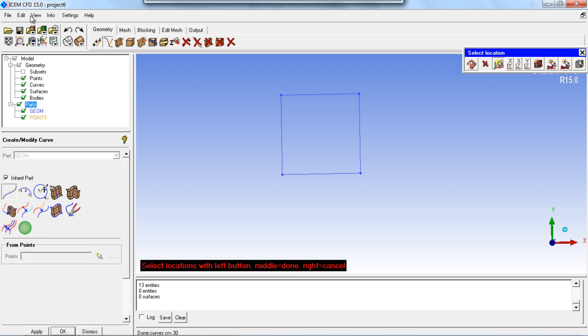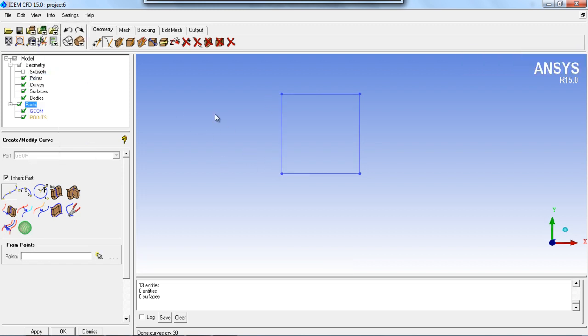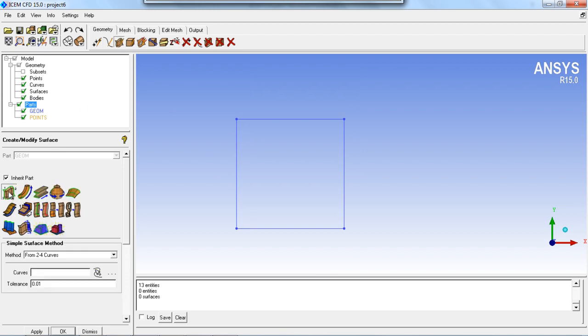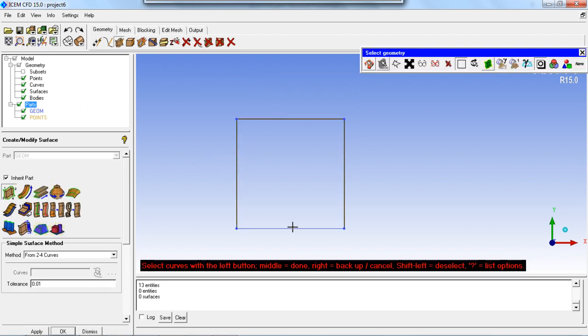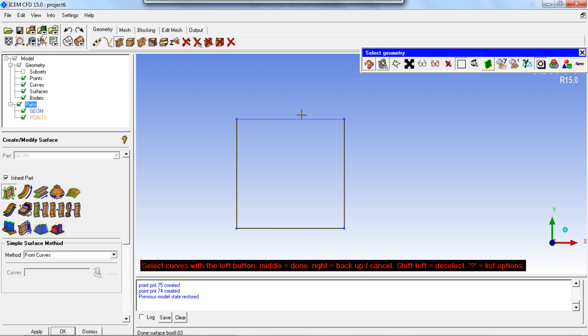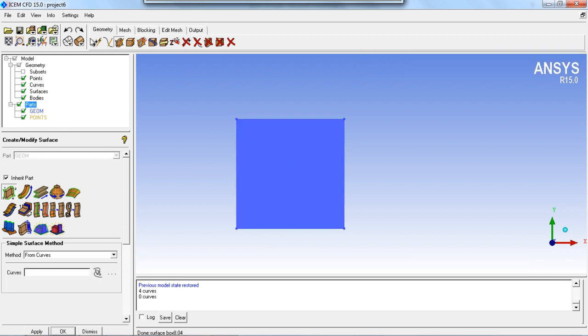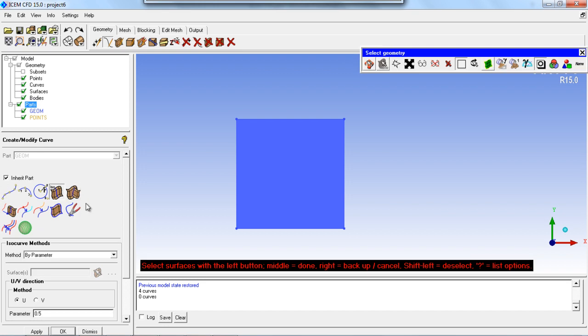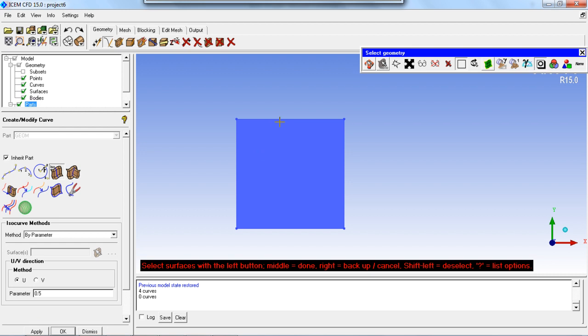The method is the same which we have discussed already in this tutorial. You can use the second option in the from curves. Okay, and now I want to use the fourth command, that is the extract surface. And here I want to get the curve at the center of the surface from both sides. One is between the two vertical curves and the other between the two horizontal curves.